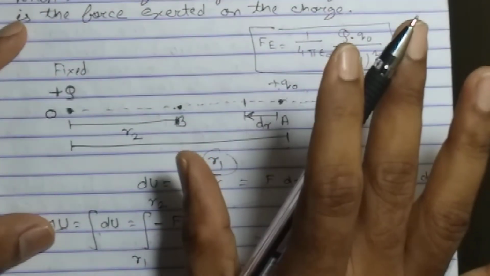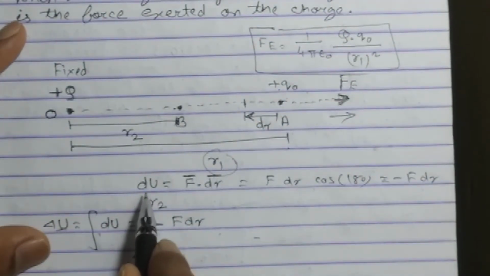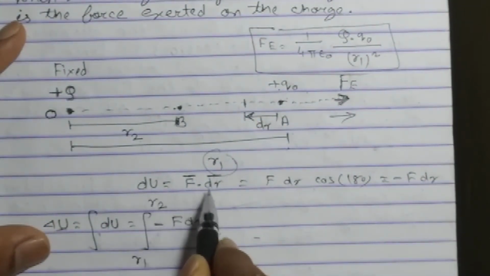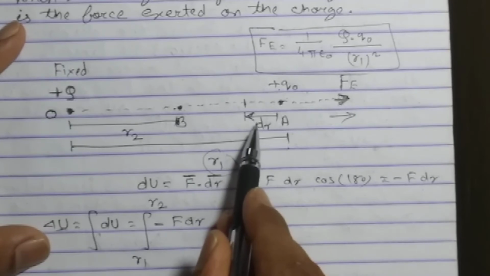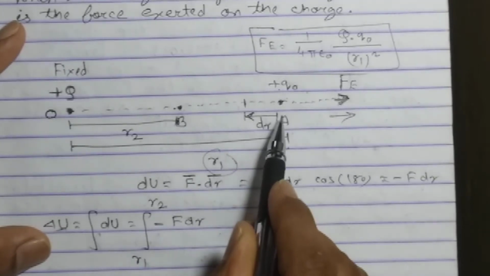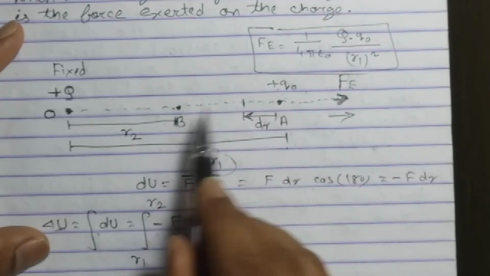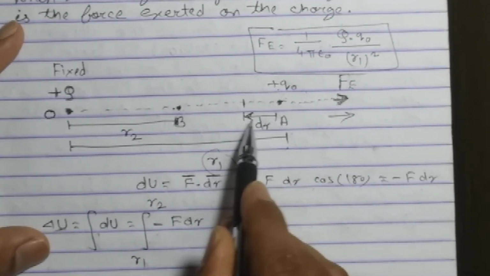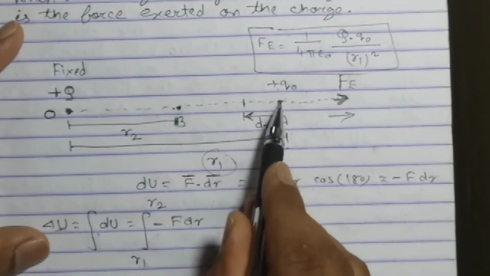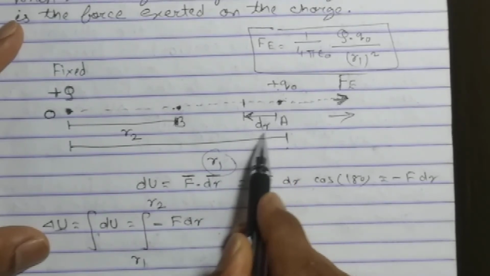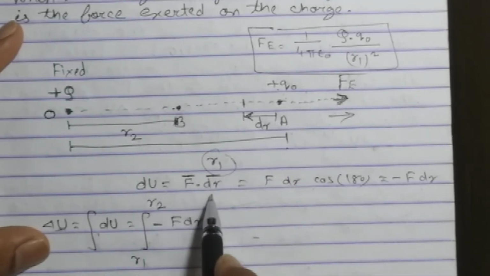And the formula you have to remember, students, simple, work done is force into displacement. How much displacement are we going to consider here? Actual displacement is from A to B, but we are unable to find that A to B directly. For that we will take a small value dr. If this q naught is displaced by the displacement dr, then force into displacement.